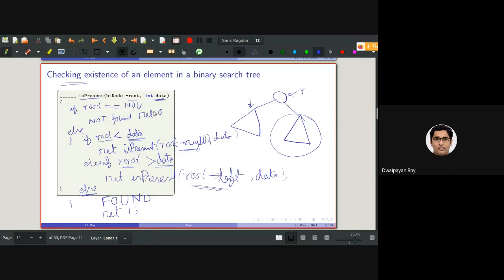It's pretty easy. We just need to mention the return type as int. Basically, we need to print not found and return 0, and from here we print that data is found and return 1. That's it.